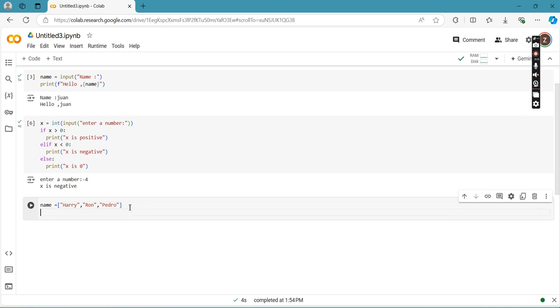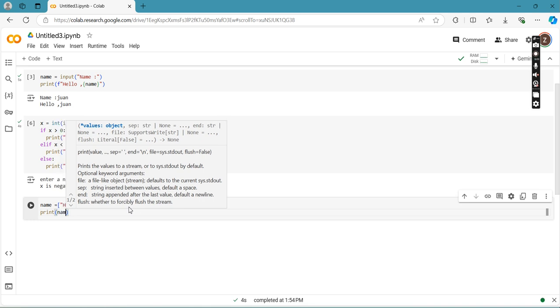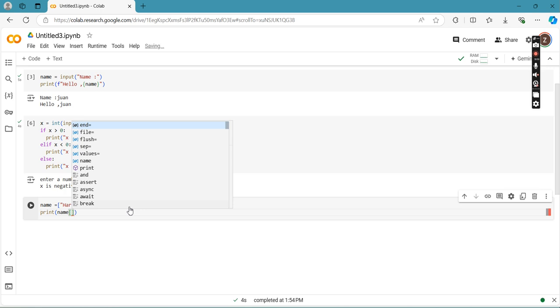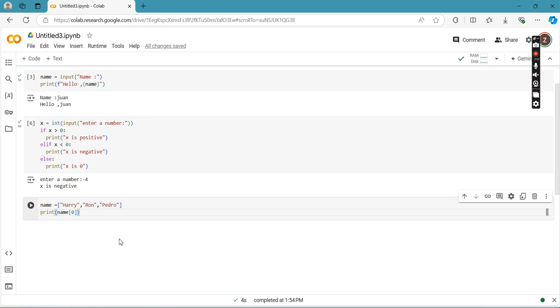So since this is an array of values, let's try to print, for example, the first value. So in an array, we access the values using their index. So for example, I'm going to access the first value, which is Harry.